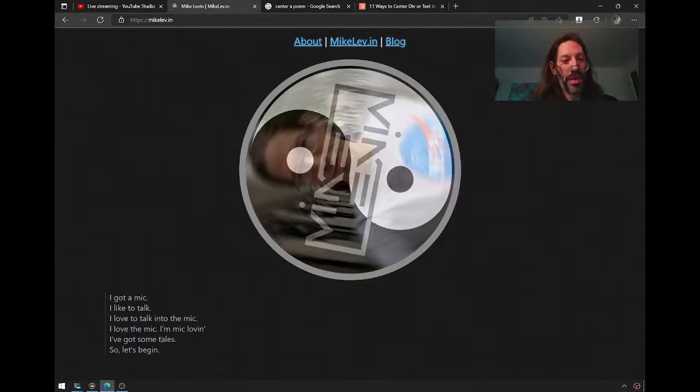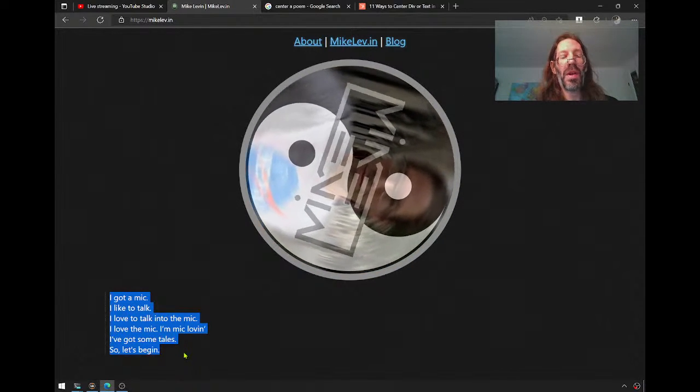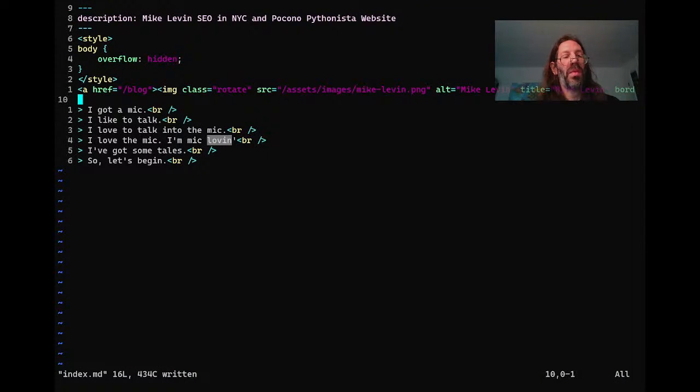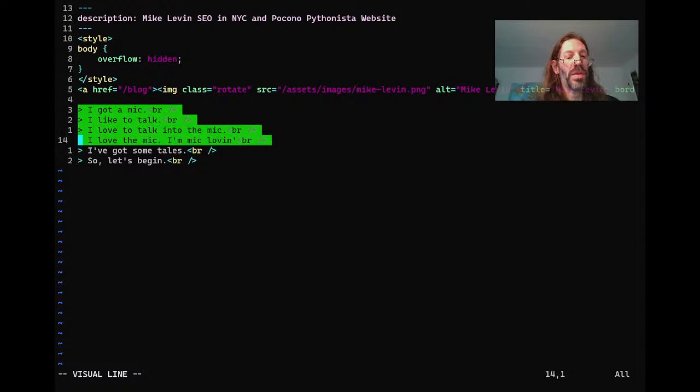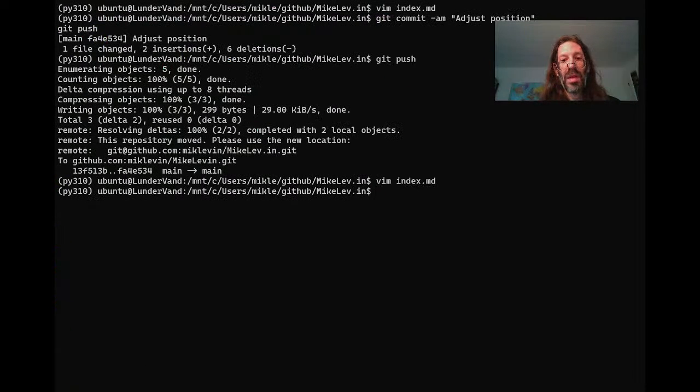Whew. This poem that I wrote the other day, I felt belonged on my homepage, so I just threw it up there, showing you how I did it the other day. And I just put it into a different file, which happens to be index.md in my mikelev.in subdirectory, right?